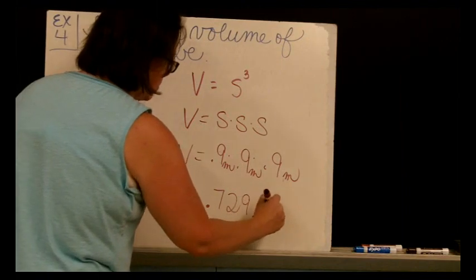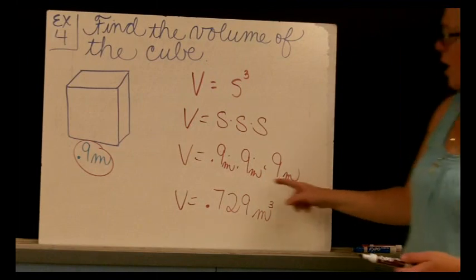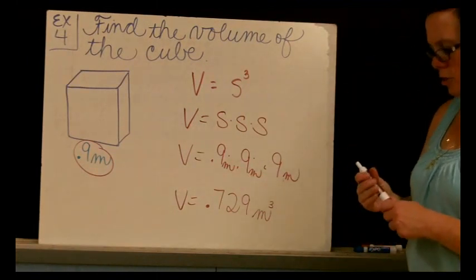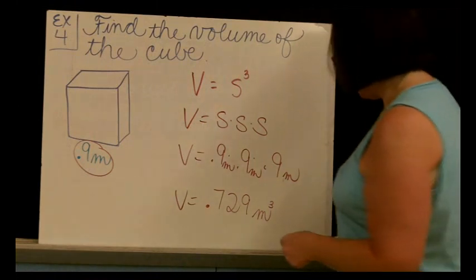0.729 meters cubed. And the way to remember this is, however many times your unit appears in your multiplication expression shows the exponent that has to be in your